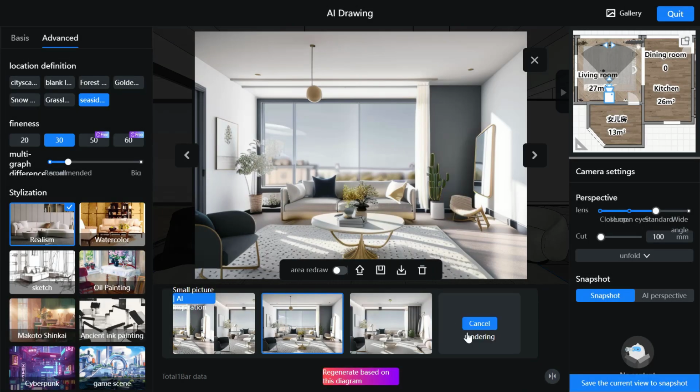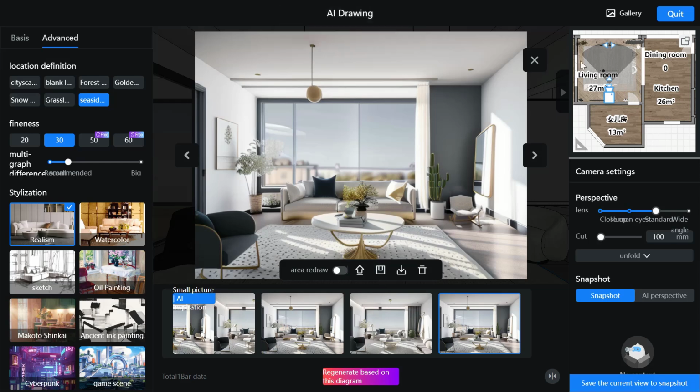You can see one more picture is being generated. What's more, you can also upgrade your pictures here. So now you can see the redrawn picture has been generated. Let's see it. You can see the chair has been changed. What's more, at this black toolbar, you can save it in your gallery. Like now, I want to save this picture, and I just left click this save icon.